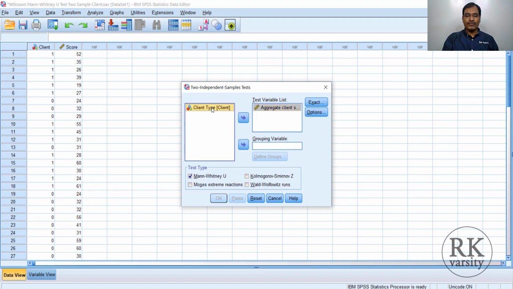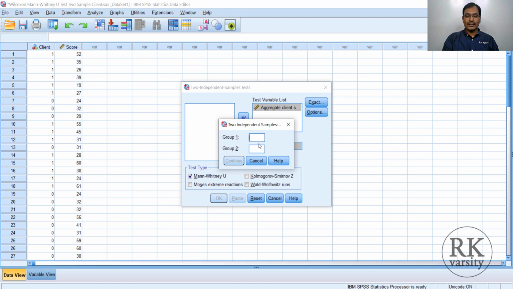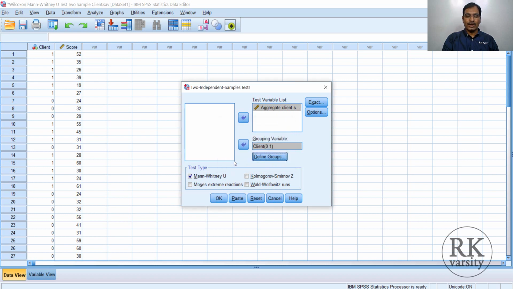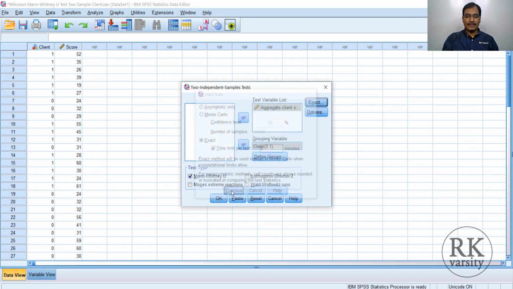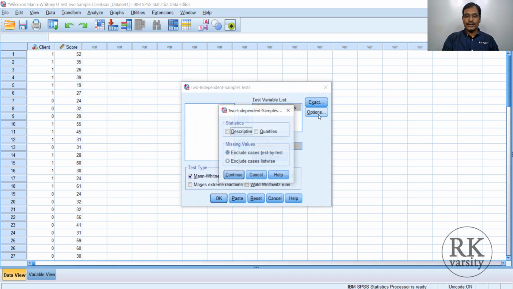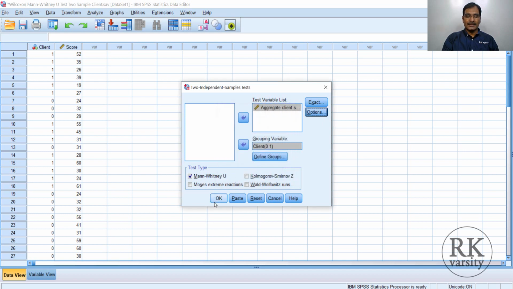Your grouping variable is the client, because you are grouping them into two. The groups are 0 and 1, as defined in your variable view. Click Continue, and here the Mann-Whitney U test is selected by default. Then click Exact, choose Exact, then click Continue. Then go to Options. If you wish, you can have descriptives, even quartiles also. Just continue, then click OK.